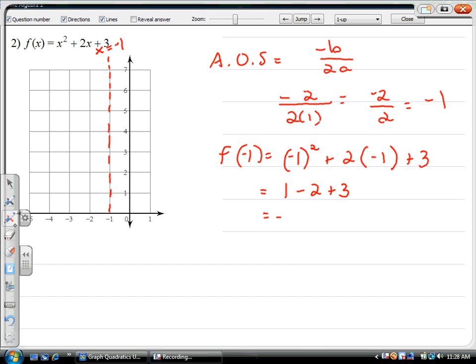We're going to get negative 1 plus 3, which is positive 2. Okay, what did we find? We found the point of our vertex, which is at negative 1, 2. So that point would be right here, negative 1, 2. So our vertex,